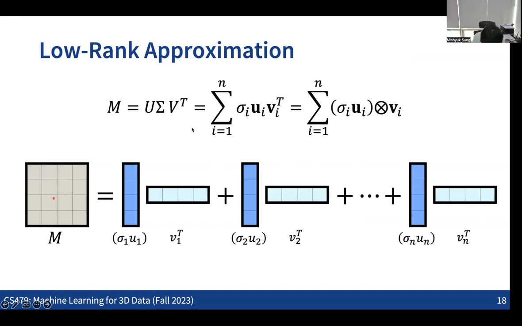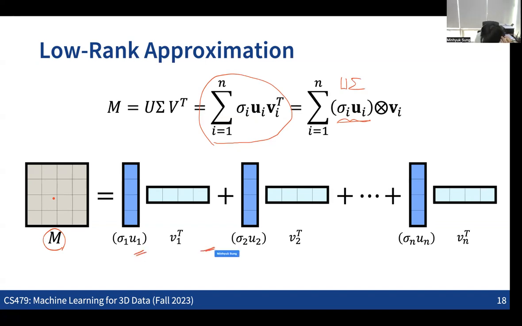Let me show it. You can see that this is the way we can calculate it, given the matrix M. We can also see that if we pre-compute these two components, the U and the sigma, then the matrix M can be represented as the sum of the outer products of these two vectors.